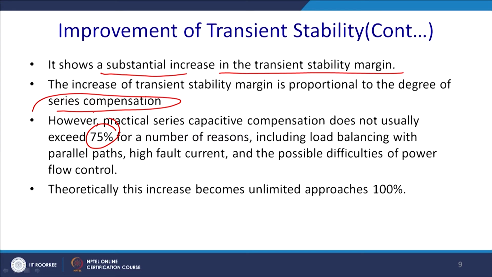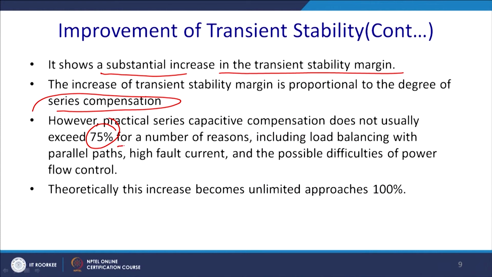That is also then if you compensate by 75%, so it will have a 4 time power handling capability. So, that is not less if you are dealing with the MVA level power, 1000 MVA power goes to the 4000 MVA. So, that is a huge amount of enhancement of the power handling capability. Anyway, so 75% for the number of reasons,